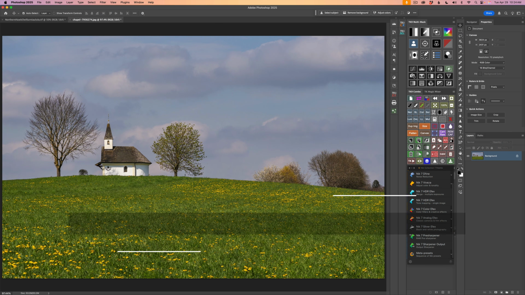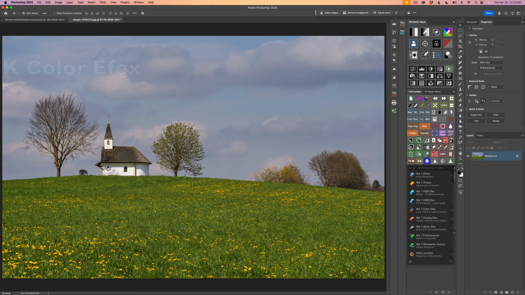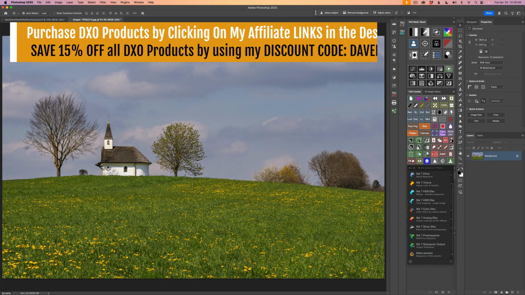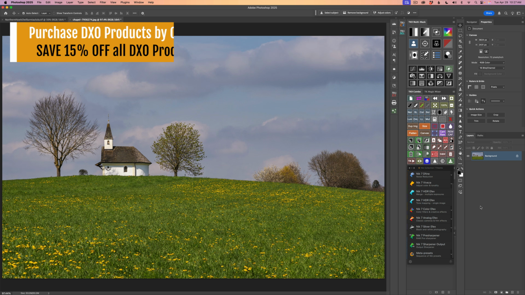Today it's NIK Color Efex. I want to show you how we can add some beautiful mid-tone contrast to our images using NIK Color Efex. Now, if you watch my TK Friday full edit videos, you know I always like to try mid-tone contrast on every edit. Mid-tone contrast enhances depth and clarity, making textures pop while maintaining a natural balance between highlights and shadows. It also enriches colors, adding vibrancy and dimension without over-saturating, bringing out more life in an image while keeping it